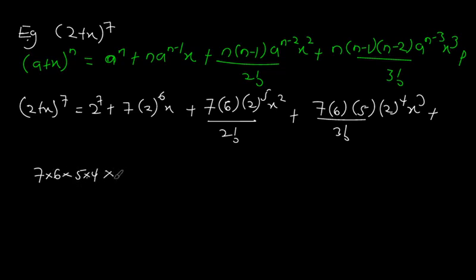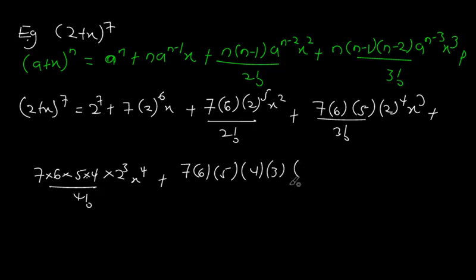Then times 2 raised to the power 3, divided by 4 factorial, and then we have our x power 4. Then plus 7, 6, 5, 4, 3, then 2 to the power 2, the x power will increase to 5, divided by 5 factorial, then plus 7,